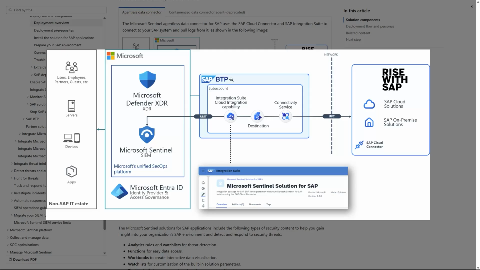So compared, Martin, to the previous picture, I feel like this looks more complicated. The other one had like two little things, and now I see a whole whatever BTP is, and then help me out there. Well, you could see it that way. We're giving the details here that connect with the SAP persona at the customer. So when they can find the terminology, the words, the service names, they immediately know, okay, this is where I pick up my work, and this is where my handover to the SOC is.